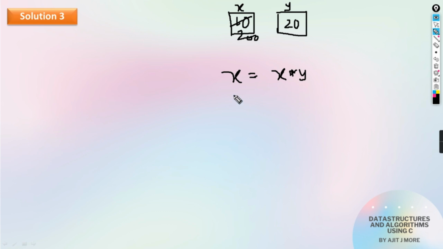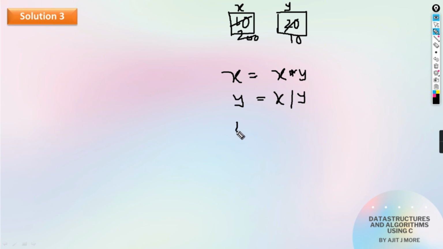Okay guys, now what you do is you divide x with y. As they both are integer, it's going to be an integer division. In C language, integer divided by integer is integer. It's only going to give you the quotient. So here what you do is you divide x with y, and whatever quotient you get, store it in y. So 200 divided by 20 is going to be 10, and that 10 you are going to store in y. Do you understand guys? So what will come in y now? Getting? 10 is going to come in y, which is the old value of x, which has come in y.